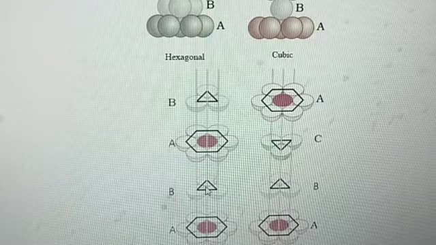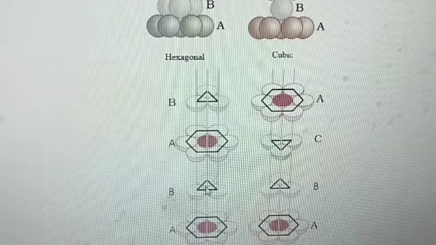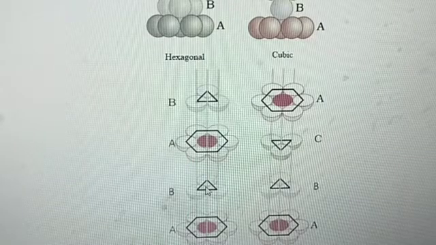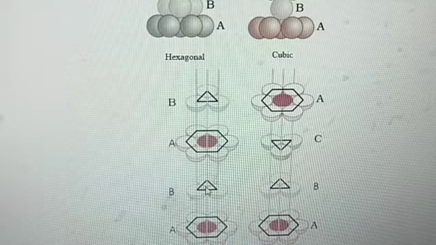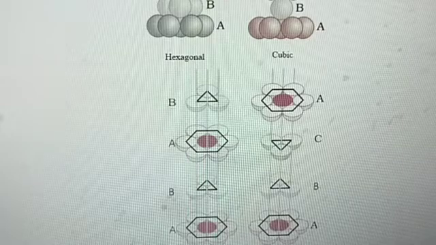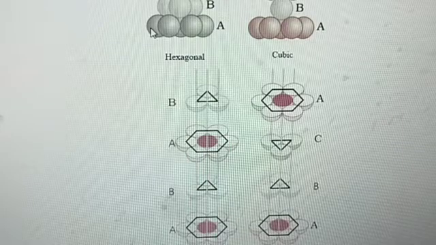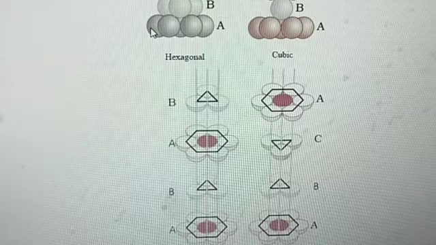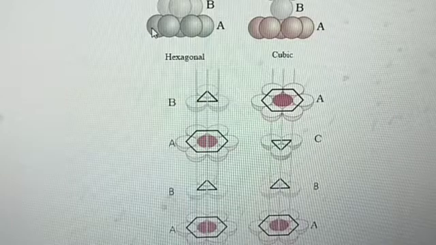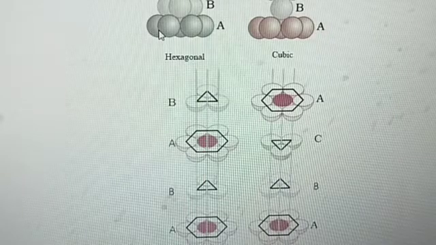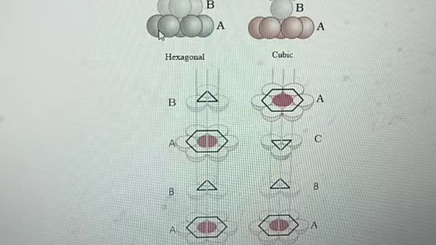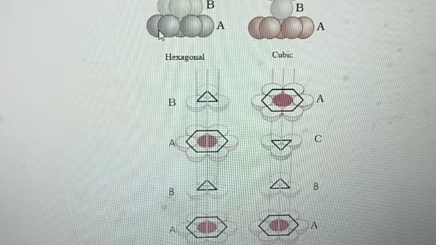So octahedral voids will be covered when the third layer is placed on the second layer in such a manner that the spheres cover the octahedral voids. In the first one, we observe that the spheres of the second layer are aligned to cover the tetrahedral voids. Here we should align the second layer in such a manner that the octahedral voids are covered.